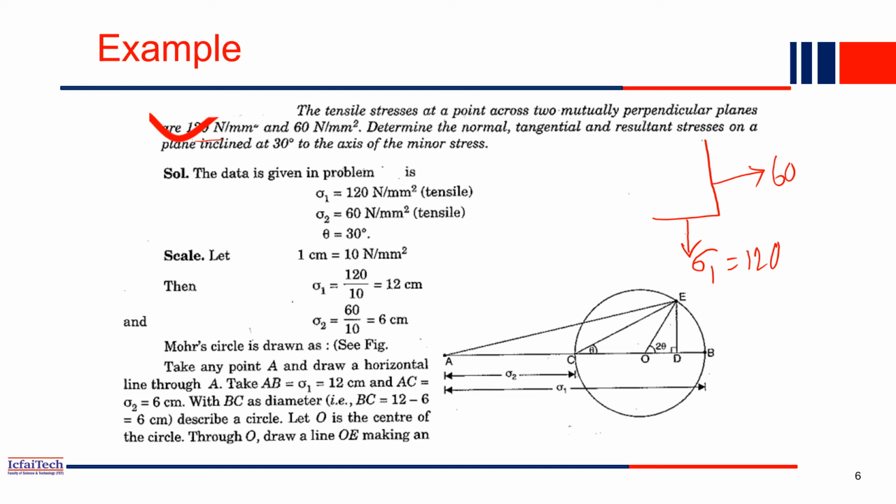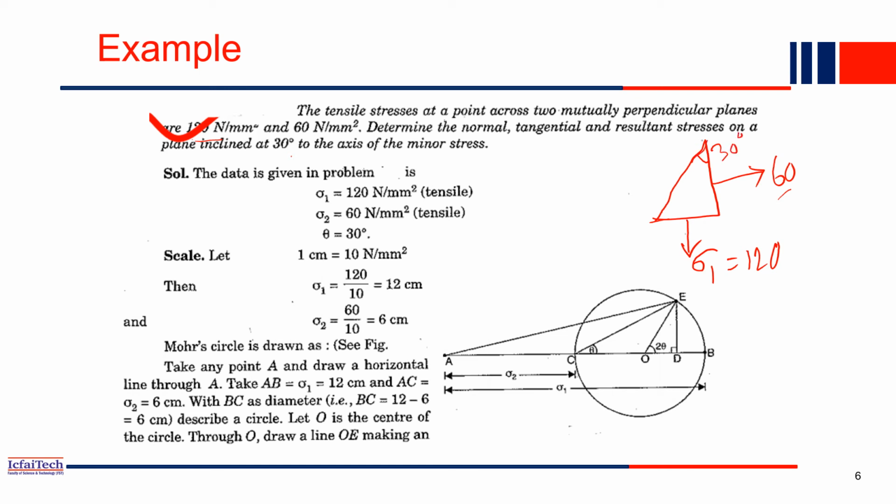So sigma 1 and sigma 2 are given to you. What determines the normal and tangential stress and the resultant stress on a plane inclined 30 degrees from the minor axis? So which one is the minor axis? The minor axis is the lesser value. From this axis you draw a plane at an angle of 30 degrees,